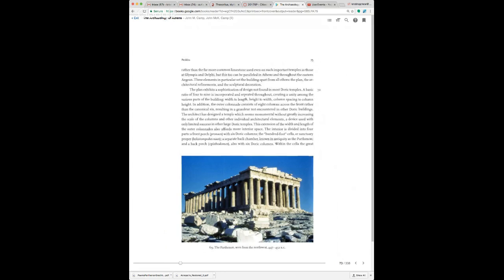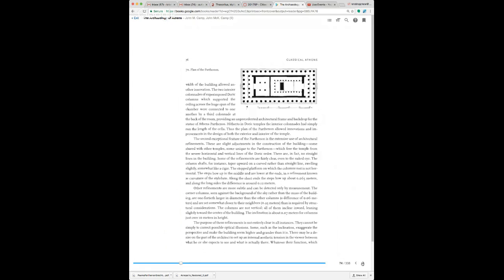Mr. Camp, as I'll call him, points out a really good way to think about the structure of the Parthenon. There are 4 different parts to the interior. There's the front porch, the pronaos. Naos comes to mean a temple, actually, under the Christians. With the 6 Doric columns, this is the pronaos. This is the opisthodomos, or the back porch, which also has 6 columns.